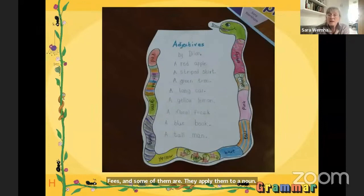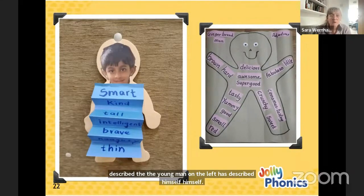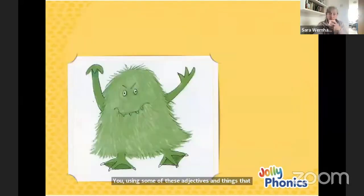Okay, and then again, we can take it further out. The young man on the left has described himself. I like the naughty one, which is just hidden at the bottom, but he's not all fantastic. He has got a naughty streak. And the one on the right-hand side is the gingerbread man. So there are lots of adjectives that might describe or be in the story of the gingerbread man, and we've put them in a gingerbread shape. And then, of course, they have to tell or retell and then write the story of the gingerbread man, hopefully using some of these adjectives and things that they have learned and we've been talking about,